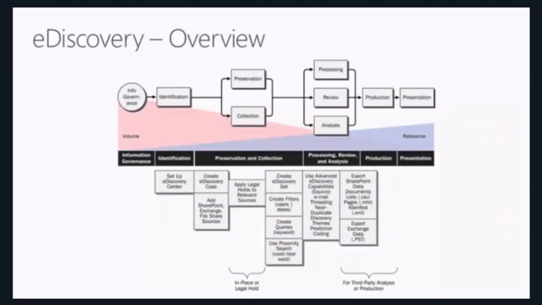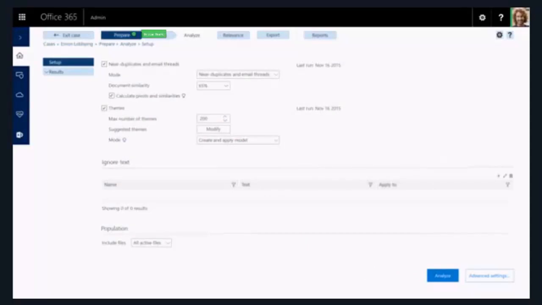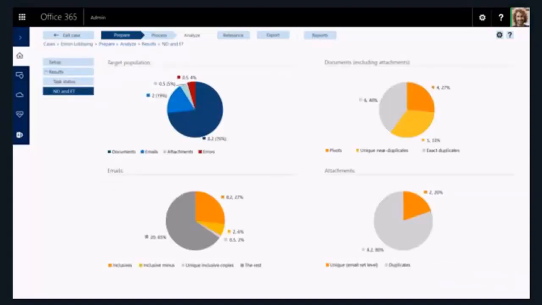In terms of analysis, Microsoft has also added in, and again, this is a licensing discussion, something called advanced e-discovery, which really helps in the analysis of the data. For example, you could find what they call near duplicates and email threads and reduce documents. If they're really similar documents, maybe you don't want to review as much, because lawyers and legal review of documents is expensive, right? So if you can reduce, using some tools, the number of documents people have to review, you're ultimately saving costs. And furthermore, if you can give them some BI-type dashboard tools to look at what's been reduced,